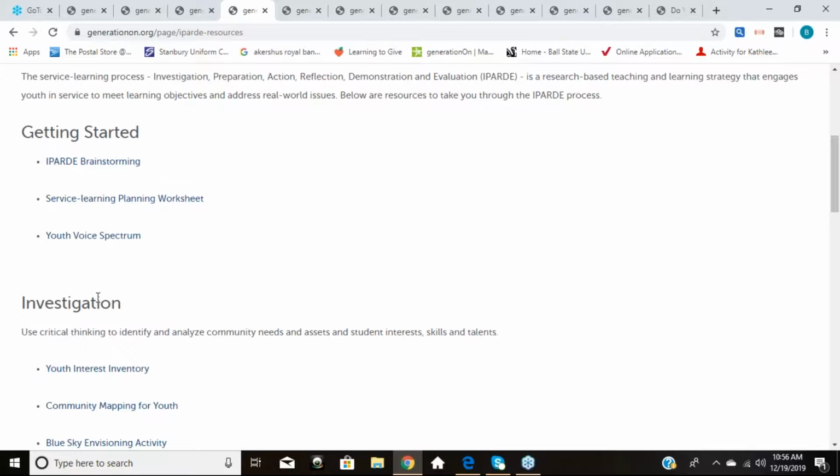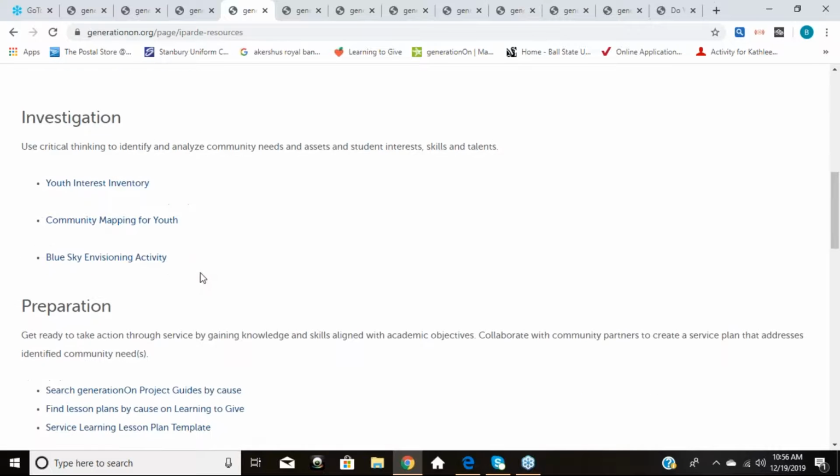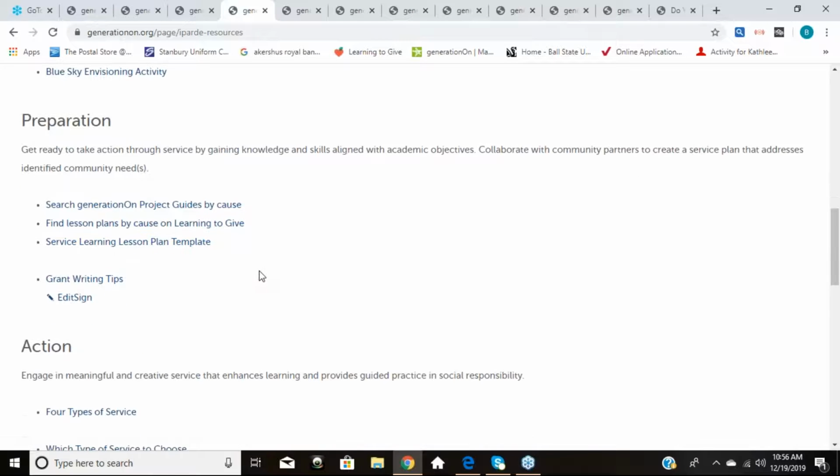You can actually print them off and use them, but these are pre-made tools for you to use in each of these 6 areas, so that you don't have to create the materials necessary to have a record of what students have done, and to keep them on the pathway of utilizing those 6 steps that then make this service learning project also a STEM project, because these 6 steps are a mirror image of the engineering design process, which we use in